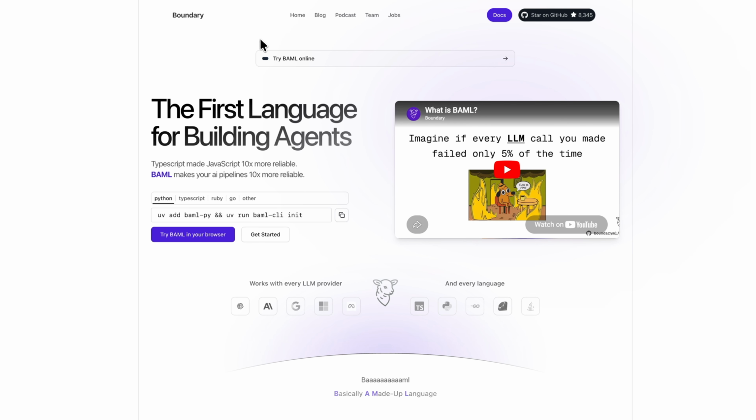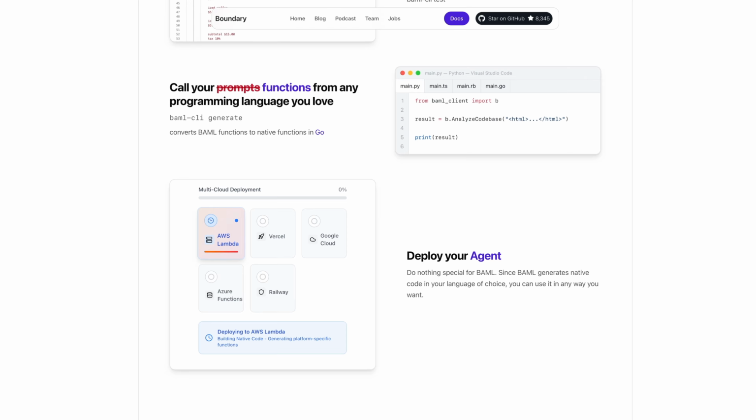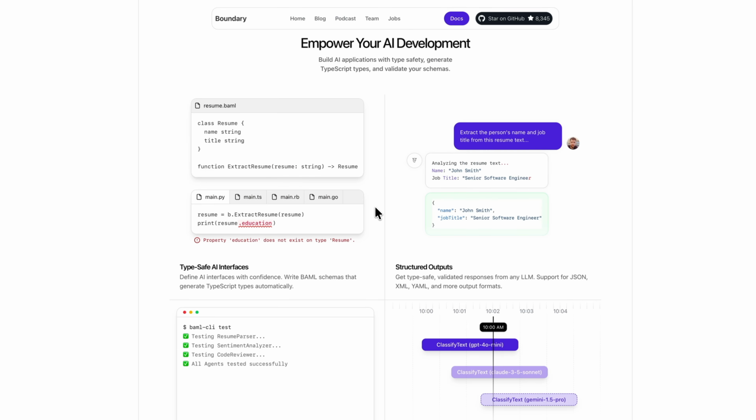And that's why I really like the idea of BAML. If you never heard of it, it's a programming language for building agents. And I really like how they are making it as programmatic as possible without all this magic. It's just code that you execute. And I'm also gonna make a video about BAML in the near future, because I really enjoy this idea of programmatic control over your agents.